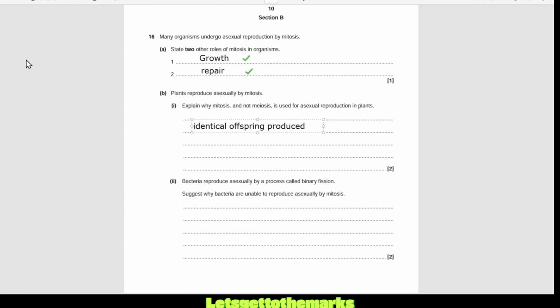You get, and I want to just add this in because it's A level, I want to say genetically identical offspring produced, because, of course, they're going to have different environmental factors, and that means that they won't actually be identical phenotypically. They're going to have more water, more nutrients, more sunlight, etc., depending on where they're growing up. So genetically identical offspring produced, and also mitosis ensures the diploid number is maintained.